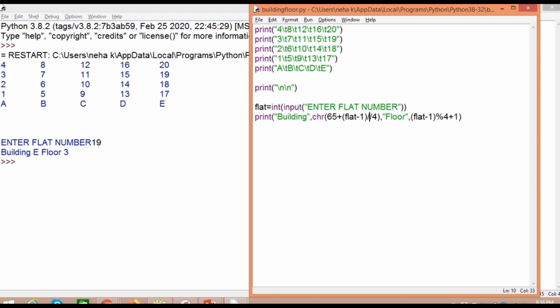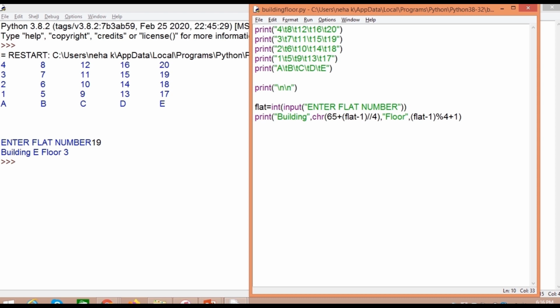In this case, I've used the integer division operator to get the building name. For this, as you can see in the problem statement, every building has 4 flats, which are numbered from 1 to 4. In the second building it is 5 to 8 and so on.